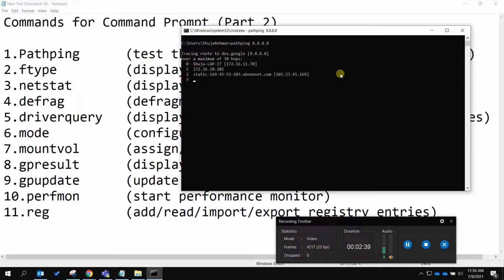Tracing route to Google DNS, with a maximum of 30 hops, and this is my laptop's ID and static IP. It traces all 30 hops from where I am going to hit Google.